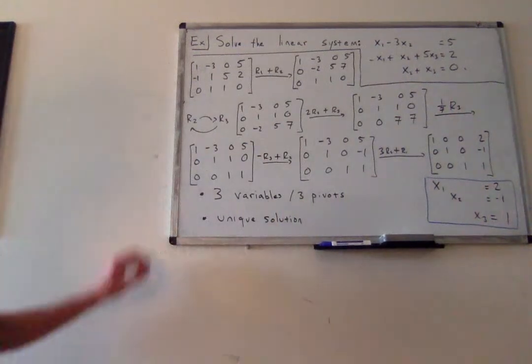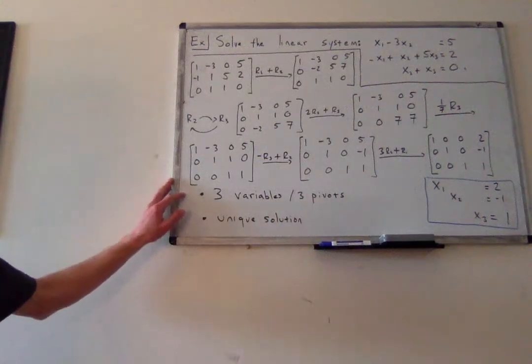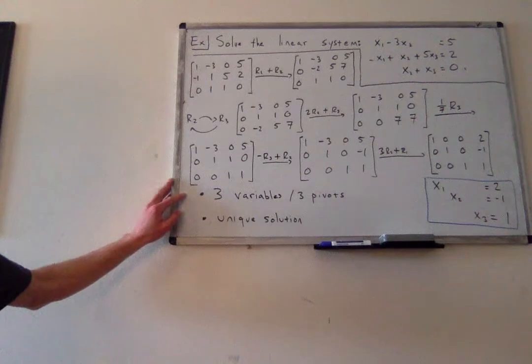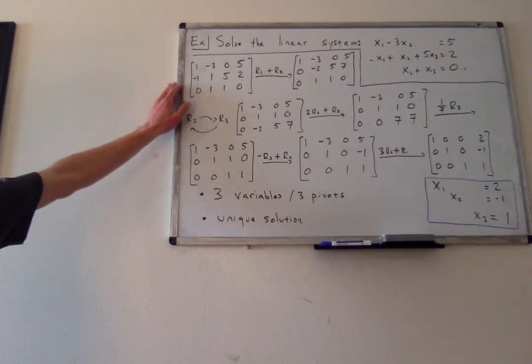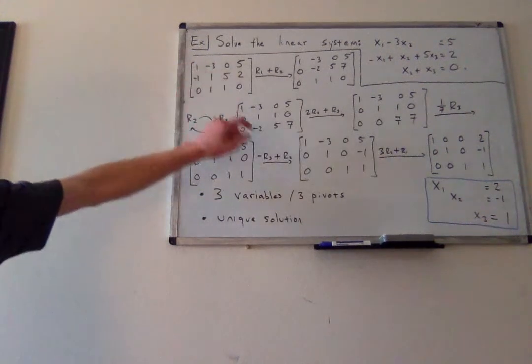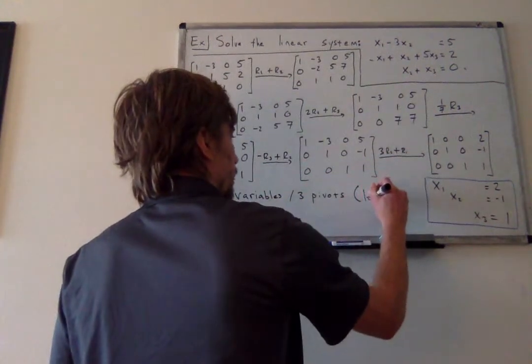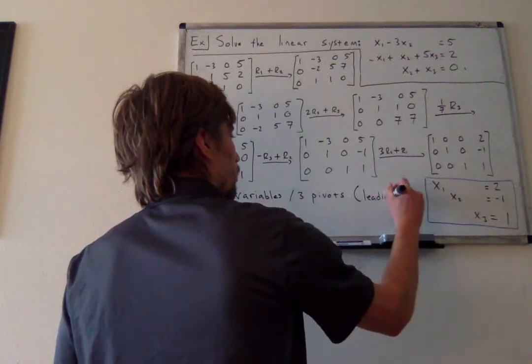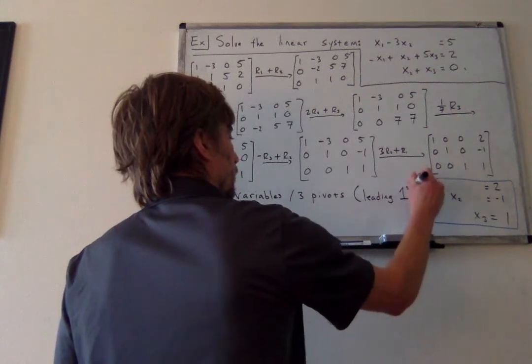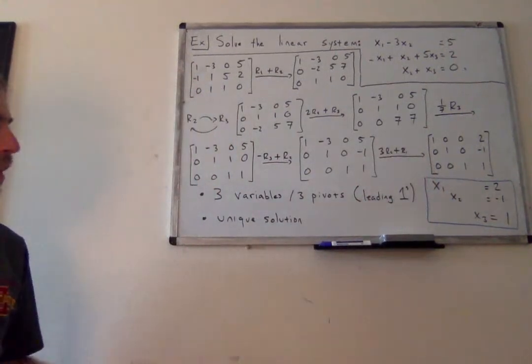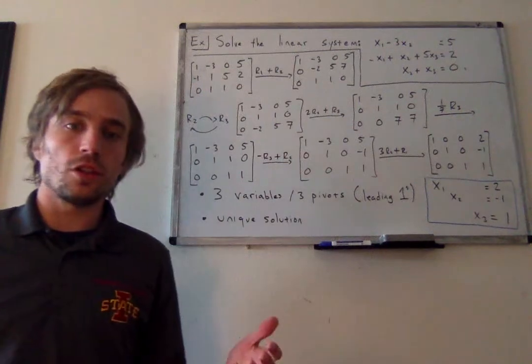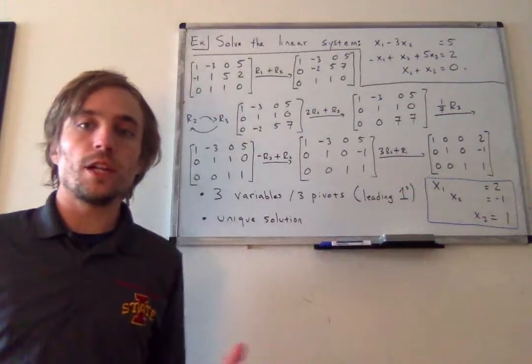So what do I mean by this? Well, x1, x2, x3 are the 3 variables. And notice A has 3 pivot positions here, here, and here because we have 3 leading ones. So I also might put leading ones here as well. And notice in the reduced row echelon form, when we consider the system of equations that